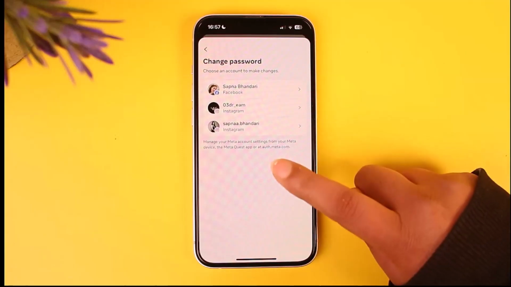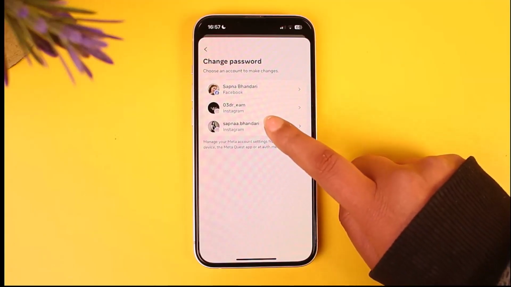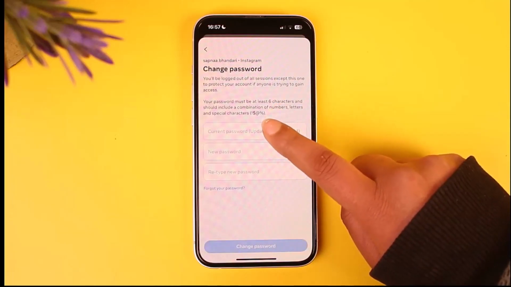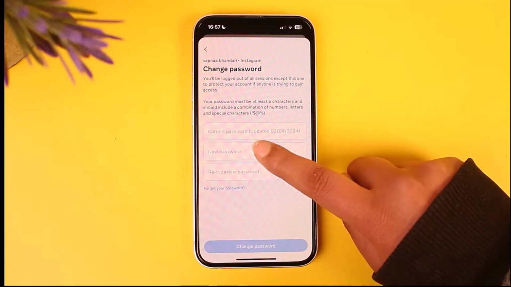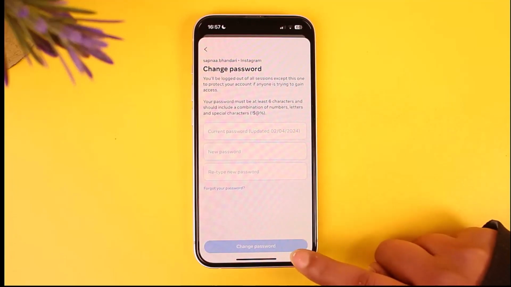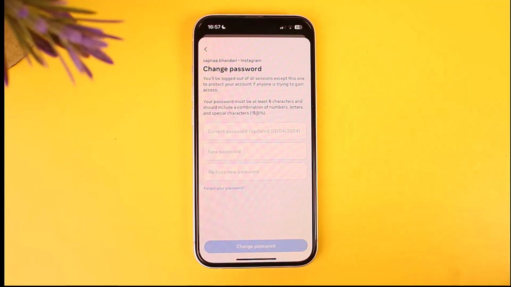Now choose which account you would like to change password of. Since we would like to use the Instagram, tap on your Instagram account. Now simply go ahead, enter your current password, and now tap on this new password, enter a new customized password for you. Again, retype it to confirm. Now tap on this change password,